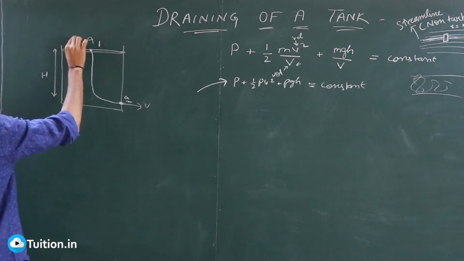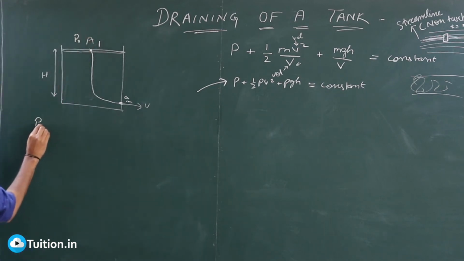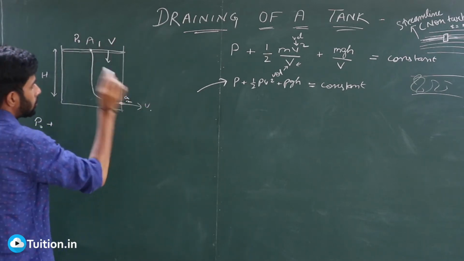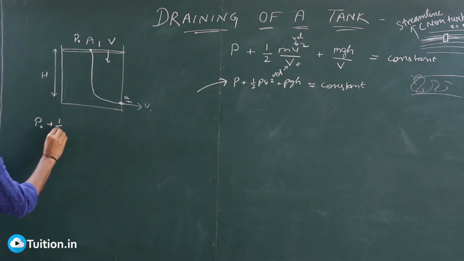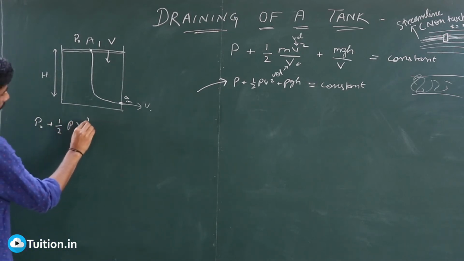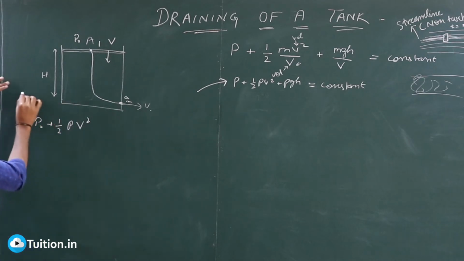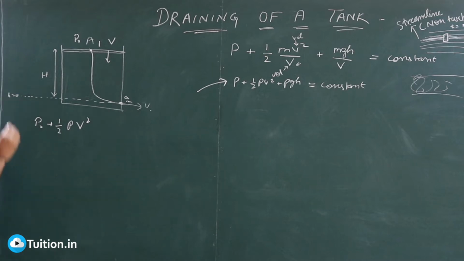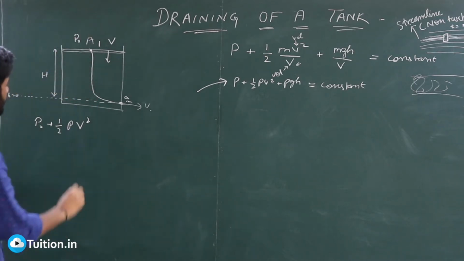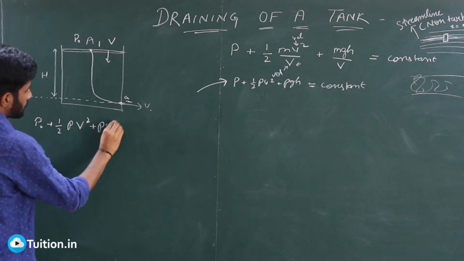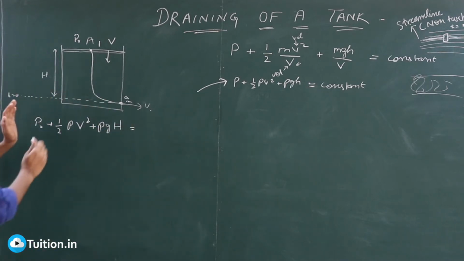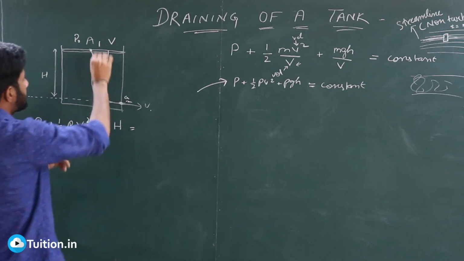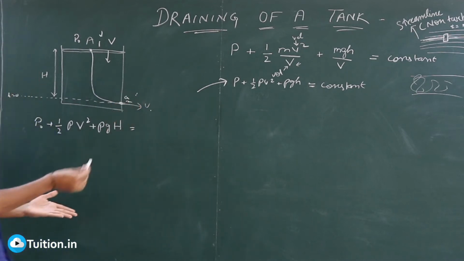So let's look at this point. What is the pressure here? It's the atmospheric pressure, P0 plus. Let's say this is coming down with capital V, and this is going out with small v, so I have half rho capital V square plus, if I assume this to be h equal to 0, then that point is at a height capital H from there, right? So it will be plus rho g H is equals to, so this is constant, right? The sum of these 3 terms is constant. So sum of these 3 terms at point 1 and point 2 must be the same because it's constant, right?